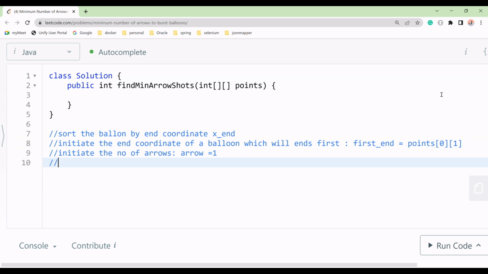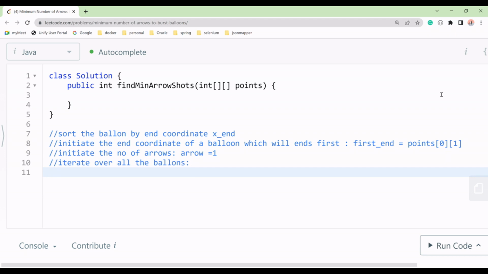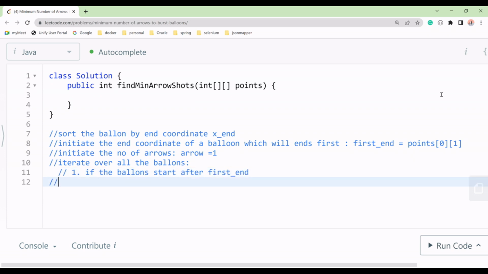So we will iterate over all the balloons. While iterating, we will first check if the balloon starts after the first end, right? Then what we will do,